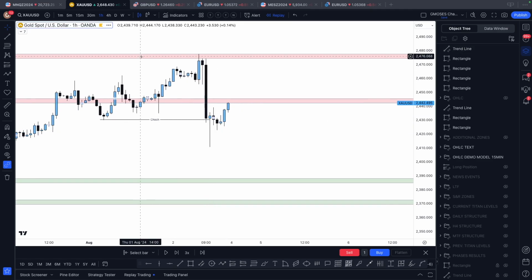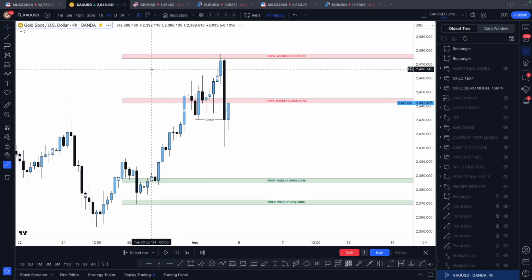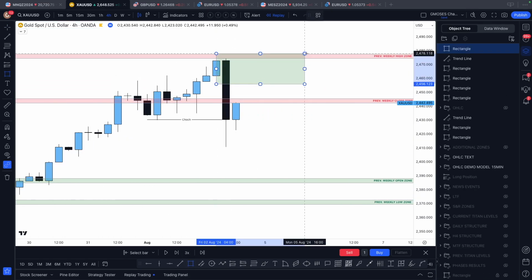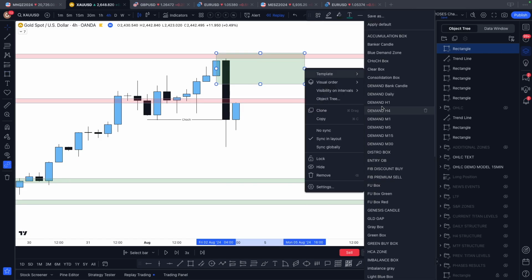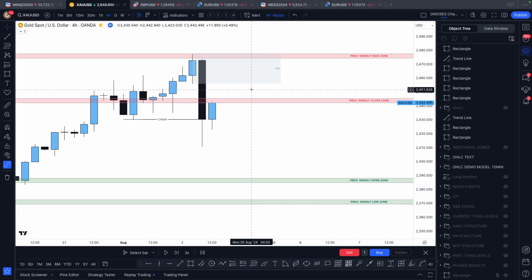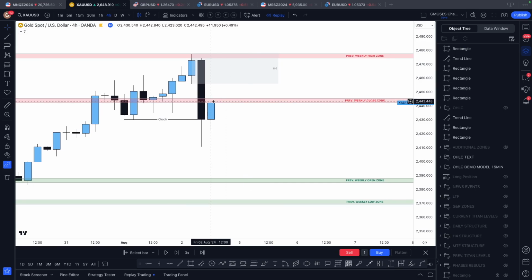So now one of the things that we want to know, let's just go back to the 4 hour, is that we also have this huge supply zone here that has not yet been mitigated. All right, so we want to be patient, because as the market is closed, when it opens, this is going